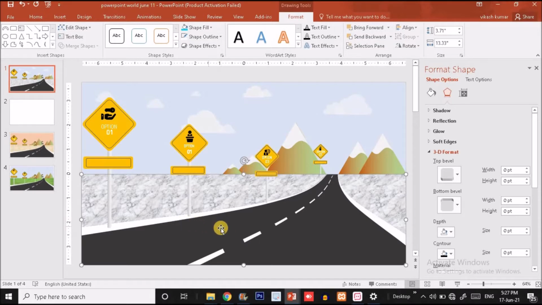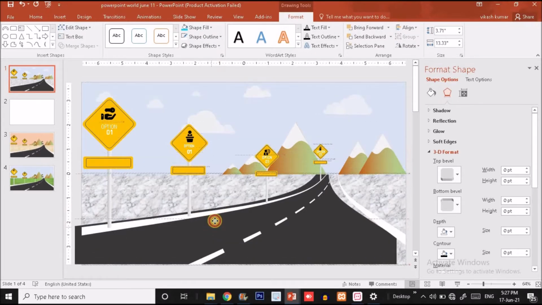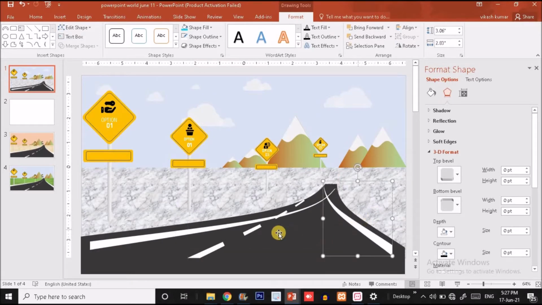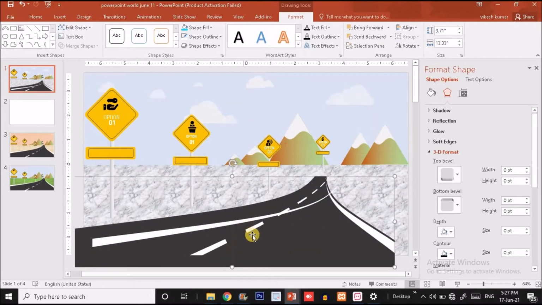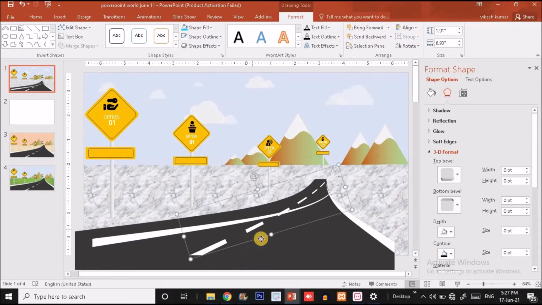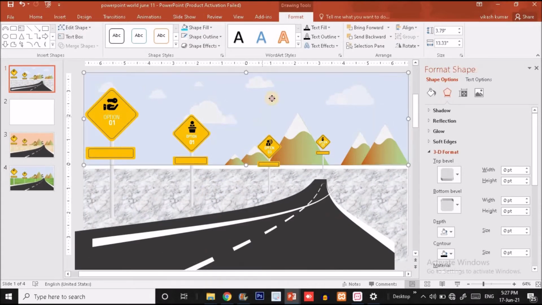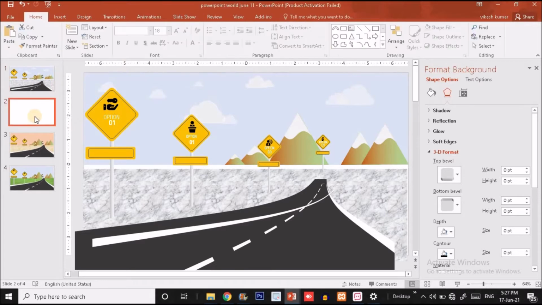As you can see here, for the road I have created this black shape, this white strip at both sides of the road, and in the middle I have created this dashed path. And this is the rectangle I have used here. Another rectangle I have used for the sky, and these are the shapes I have used in this particular infographic, as I used in the previous lectures, like in other infographics. So I'm just going to create it guys.